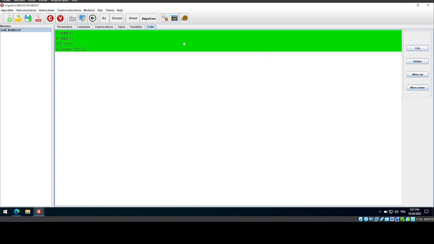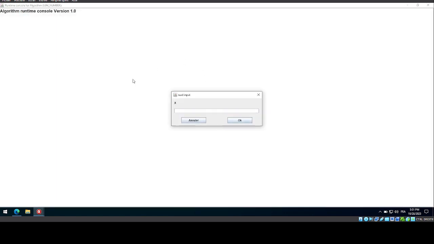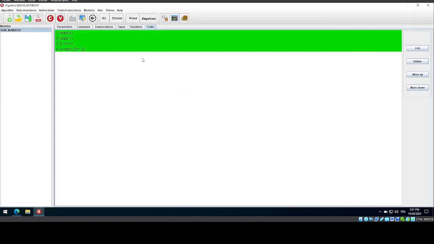So here we are. We can now run our algorithm, and here we have the runtime console. So I give x 5 and y 10. In the end we have z equal 15, which is the sum of x and y, and the program will be stopped. It's the end. If you want to run your algorithm step by step, line by line, you can use